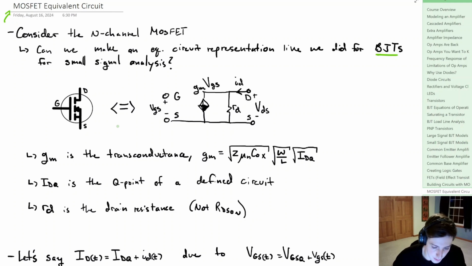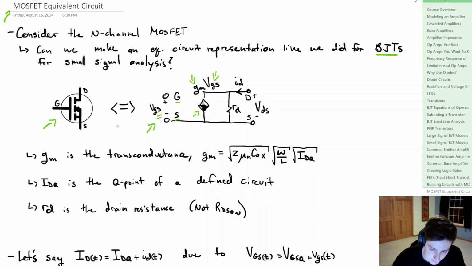Now we can do a similar thing for the MOSFET, and the equivalent circuit model that we get is given here on the right. Notice here the lowercase letters signify the small signal, as opposed to capital letters that will signify the large signal or DC signal. We see here we have the gate and the source on the left, and we're going to have a dependent current source that's equal to the transconductance times that small signal voltage from the gate